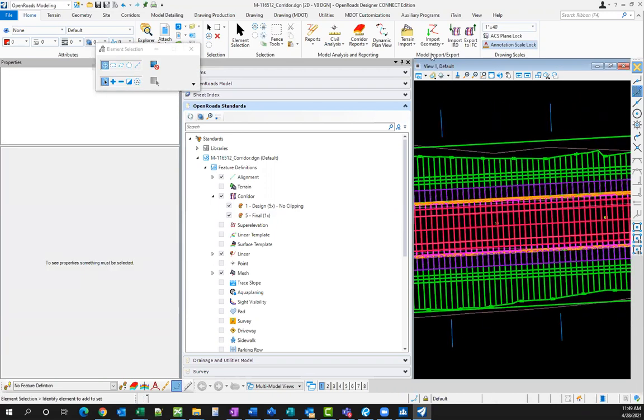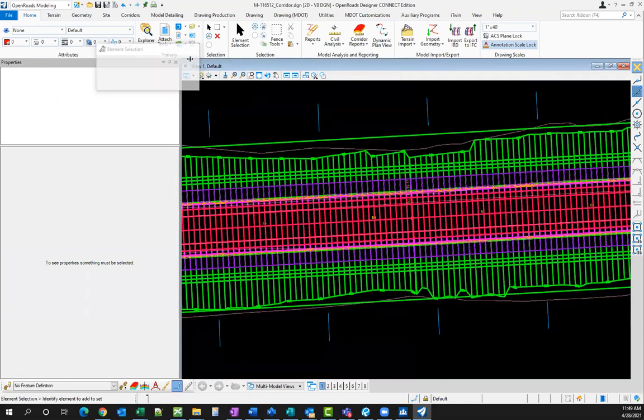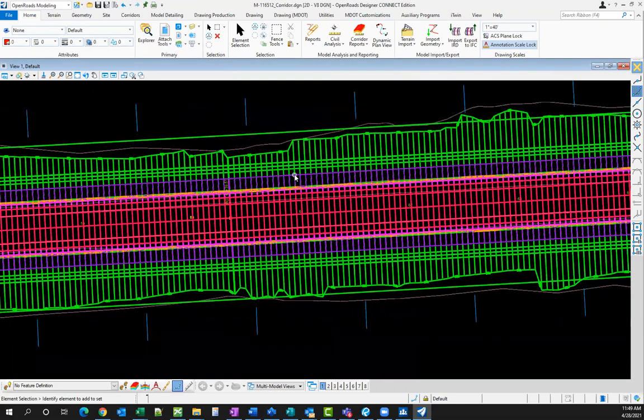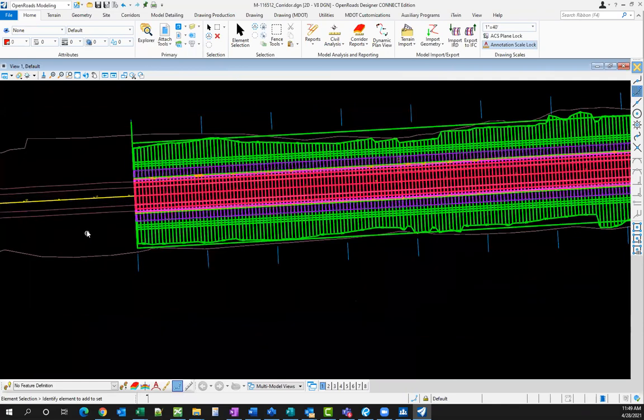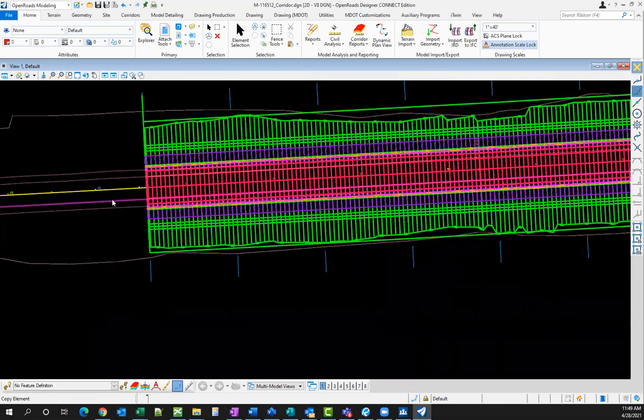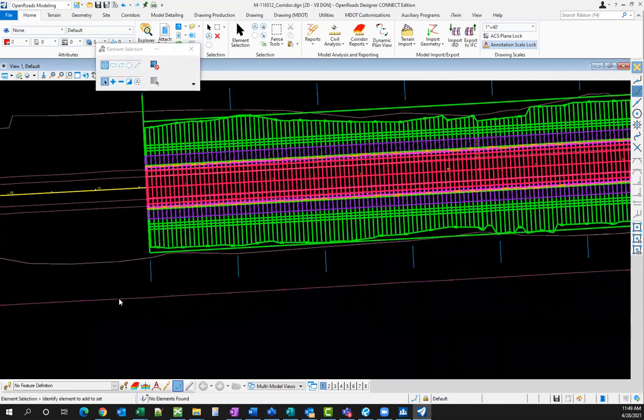So you can see now this thing is processing every 5 feet. You're not going to have all of those extra vertices and all of the points. And when you think about it, you don't really need all of those extra vertices when you're modeling an overlay. If I copy my edge of pavement here, you see that